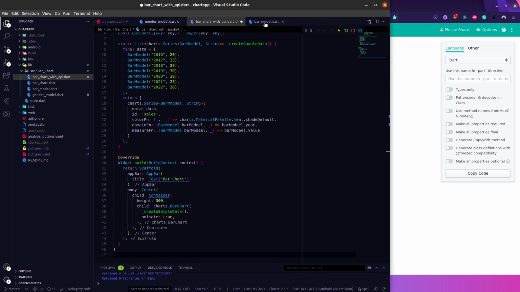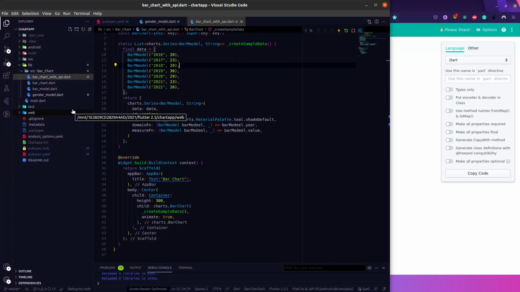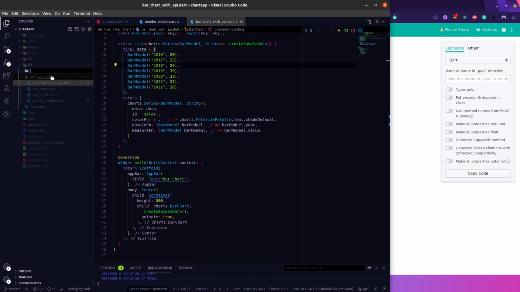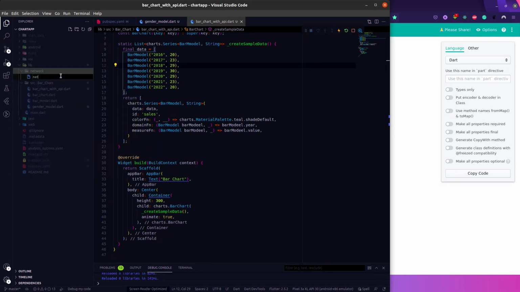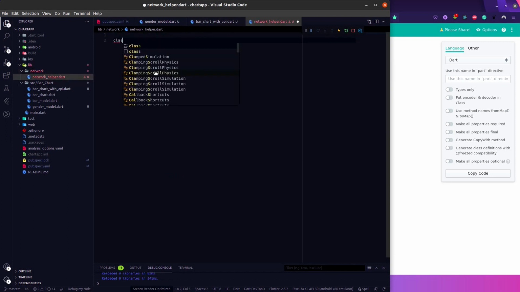Okay, so just to be sure. And the best thing is to deal with the REST API, because we are going to work on more charts and we are going to deal with the REST API again and again. So what I'm going to do, inside the lib, I'm going to create a new folder that will be our network, and inside the network, let's create a network helper class. So I'm going to create a new file with the name network helper.dart, and inside the network helper.dart we're going to create a class that will deal with the network call,